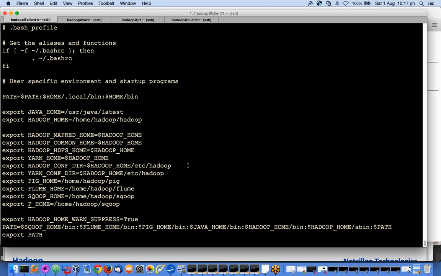I will remove this and I will set HIVE_HOME to hive. And I will enter one more variable here: $HIVE_HOME/bin: